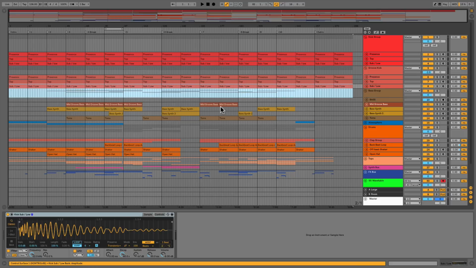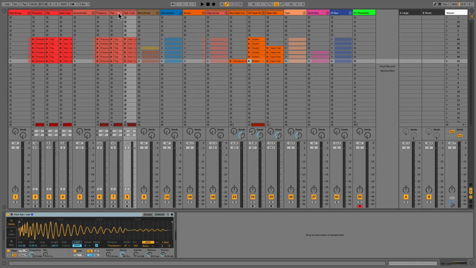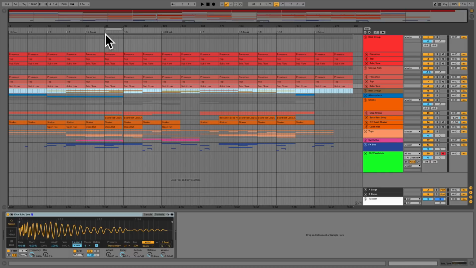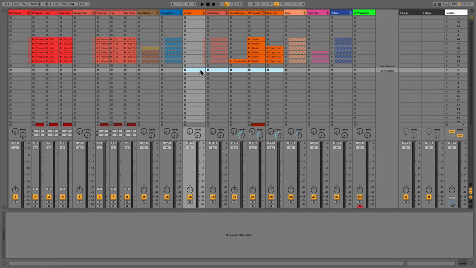But where Live comes into its own with its layout is that we can also go into session view, which some people would maybe look at as being the sort of color palette or the drawing board of Live, where we can plot out our different ideas. So what I've actually done is I've copied a few of these sections back across into session view, but what you could also do is create these parts in session view as well, just by creating some clips.